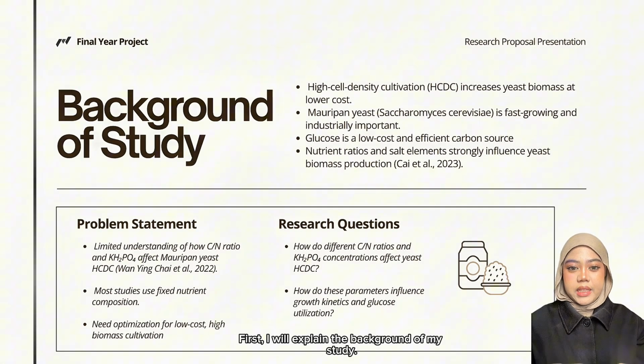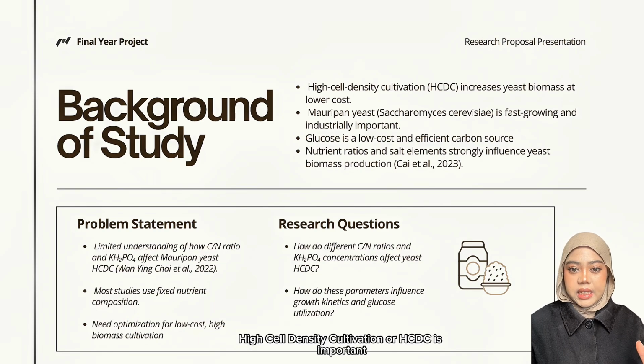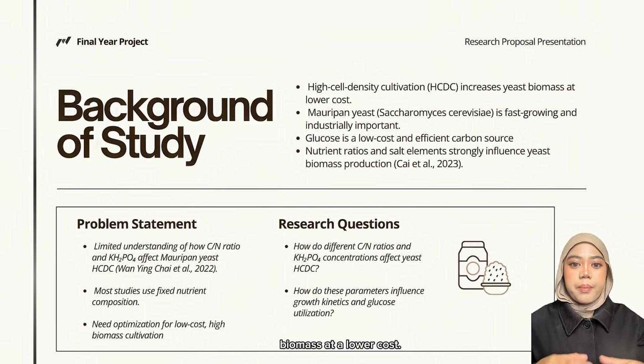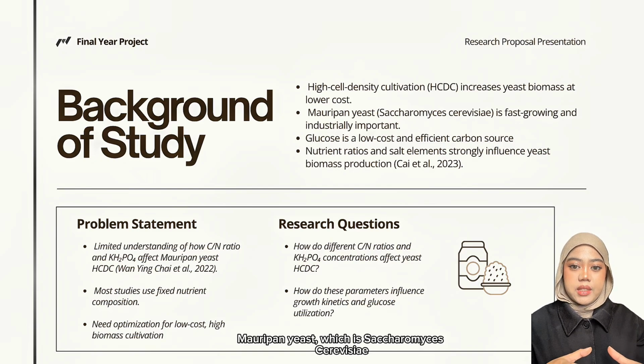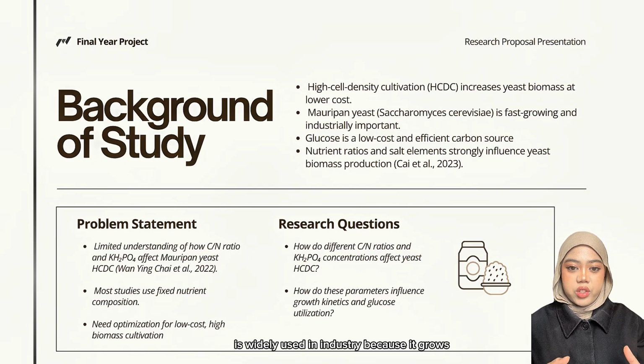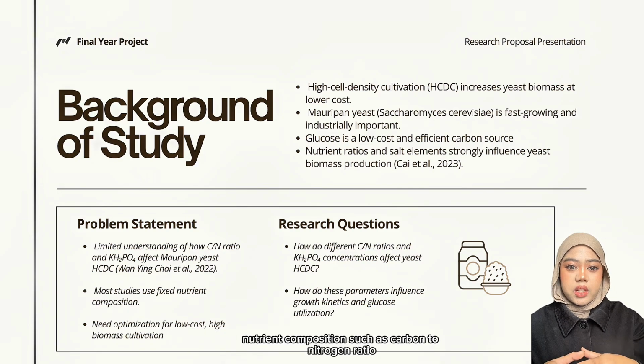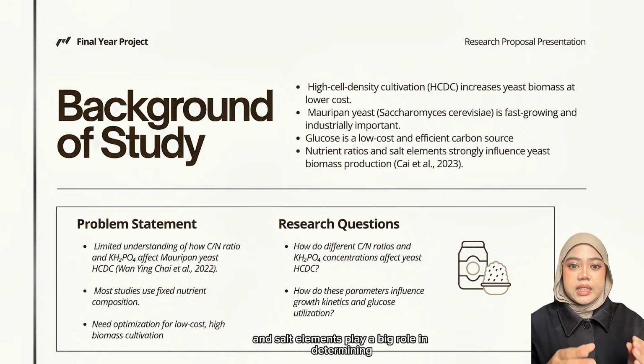First, I will explain the background of my study. High cell density cultivation, or HCDC, is important because it helps produce a very high amount of yeast biomass at a lower cost. Maripane yeast, which is Saccharomyces cerevisiae, is widely used in industry because it grows fast and is very robust. Glucose is commonly used as a cheap and efficient carbon source. However, nutrient composition such as carbon to nitrogen ratio and salt elements play a big role in determining yeast growth